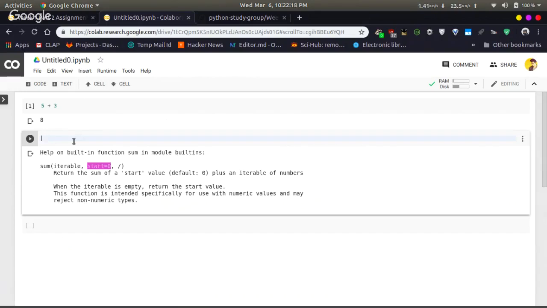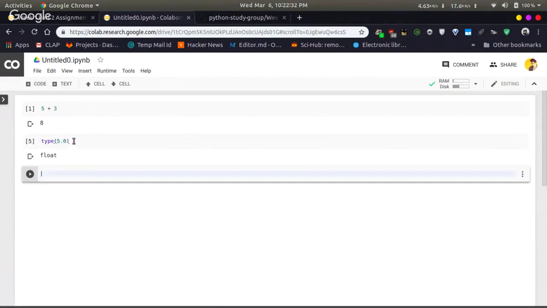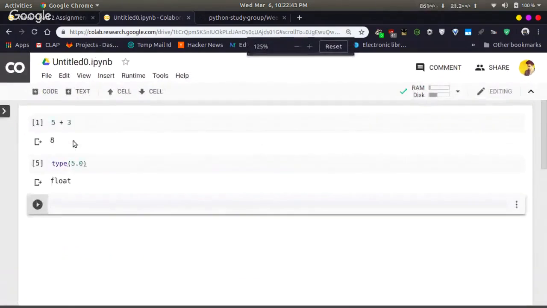Now, psychomaniac asks: I didn't get type when I used type 5.0; it was not working for me. Why? It's working for me. I think you have done something wrong somewhere. Type 5.0 should be giving an output like this. Okay, is there any more doubts?